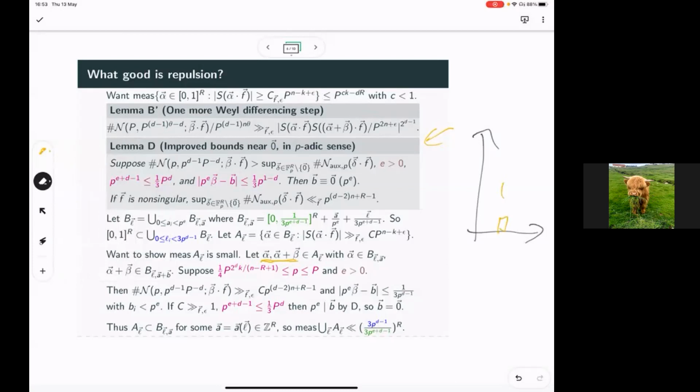Recall like this, where the gaps between these yellow boxes are of size 1 over p to the e, and the boxes are of size p to the minus d. So what we need to do is satisfy this first hypothesis up here. So we need to make this number of solutions to this